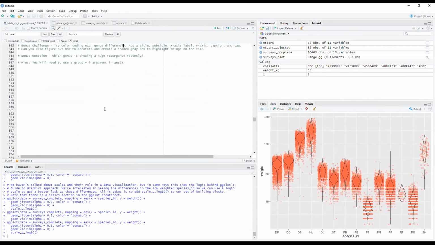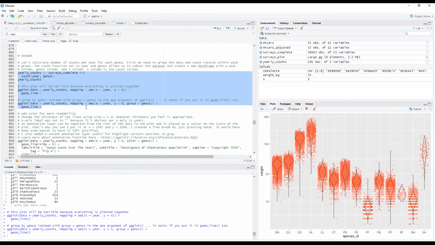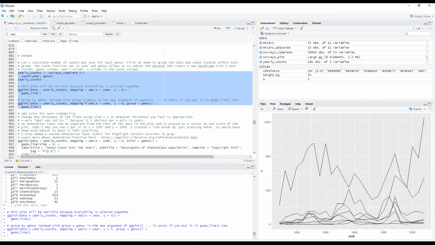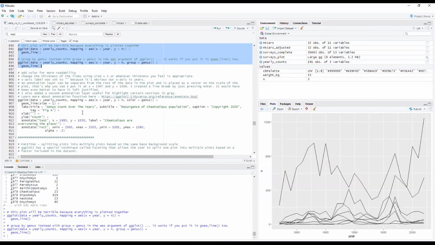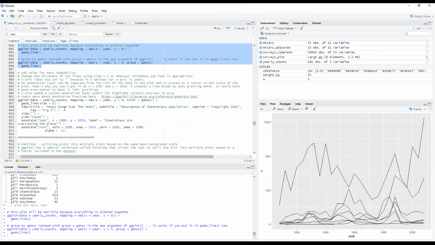Okay. Time series. I'm going to execute these lines of code to be able to talk a little bit about them. You can take a look at some of them. I think these ones in particular are a little bit more advanced. But this is an example of a data set that involves time, again from the surveys_complete, the rodent collection.